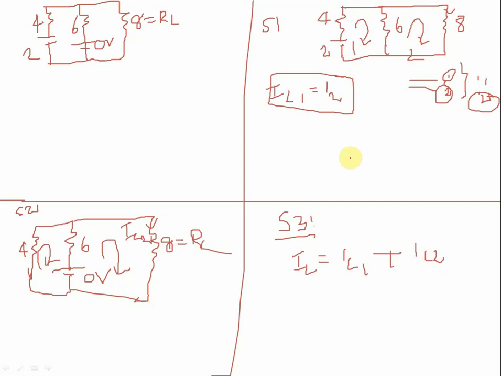See here, the source is there, so you proceed as it is. What about here? The 0 voltage source, if you want to proceed, you consider it as 0 and then proceed. So you will solve on that. In loop number 1, you write the equation: 10 I1 minus 6 I2 is equal to 2. It's equation number 1.